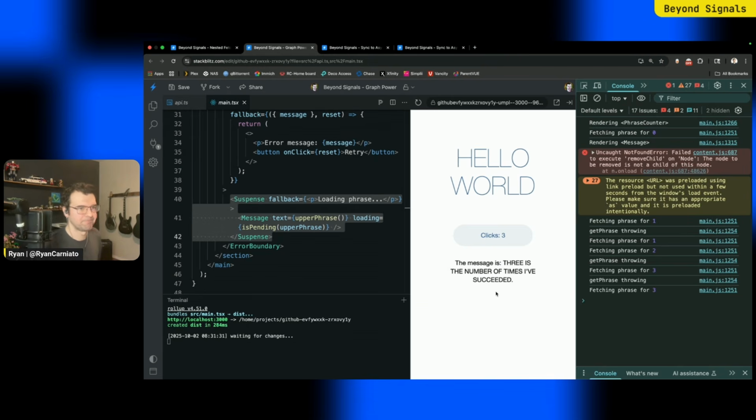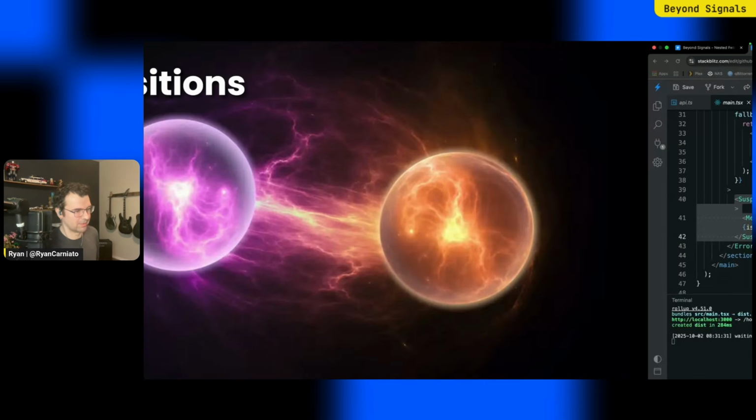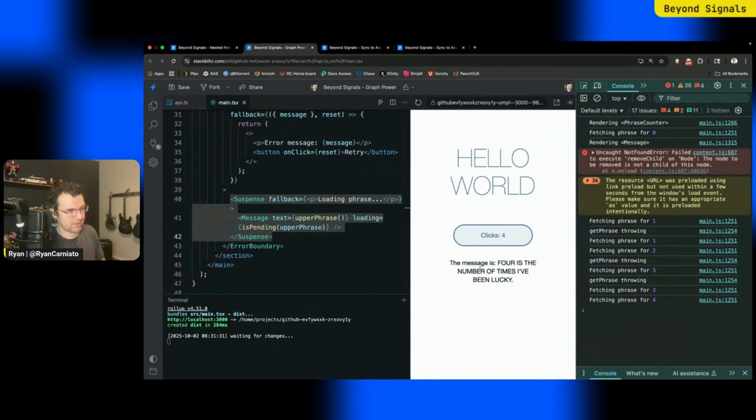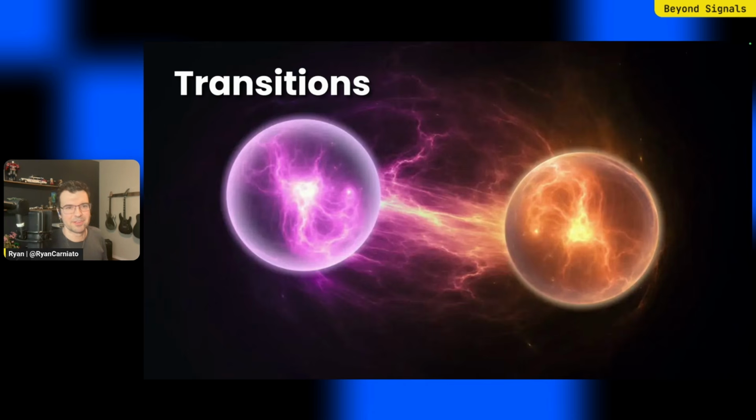Pretty cool. All right. So back to the topic of consistency. As you can see in our last example, Solid actually tears by default after initial load. I can show really quick here, but when I click the number, it moves before the data loads in. That's the default behavior after initial load. Even though it does that, it doesn't tear internally in the graph. If async depends on other async, we won't fetch the second before the first results. We only tear in the UI rather than just freeze it or go back to loading states.